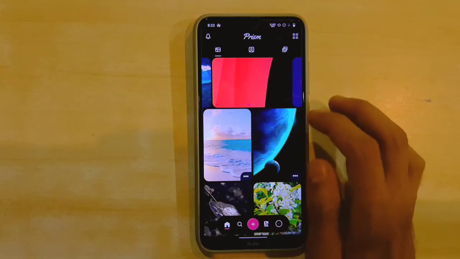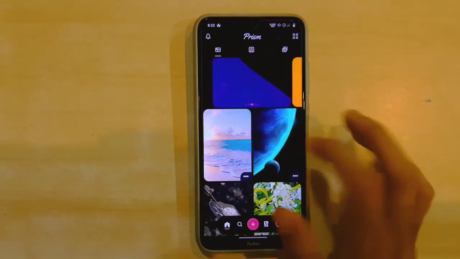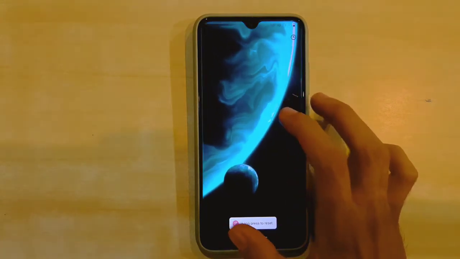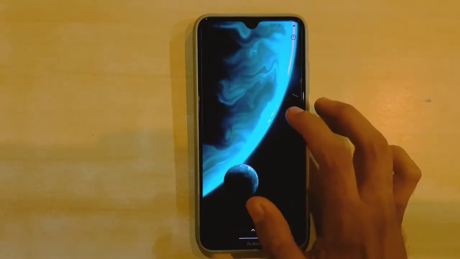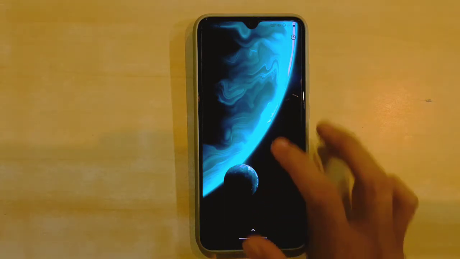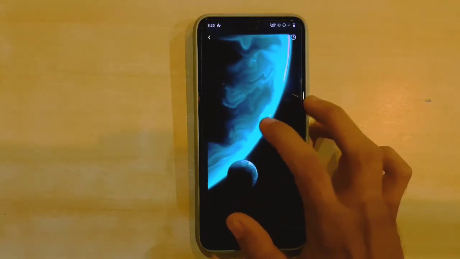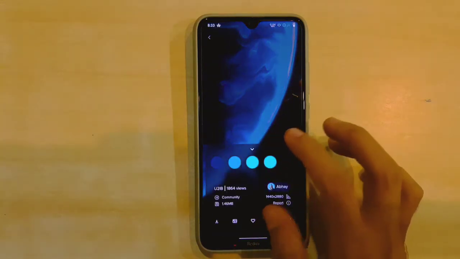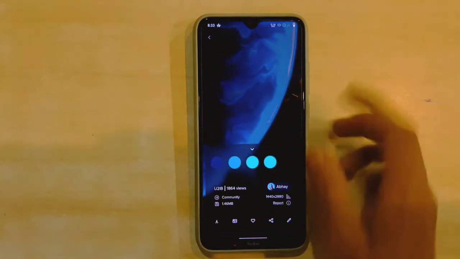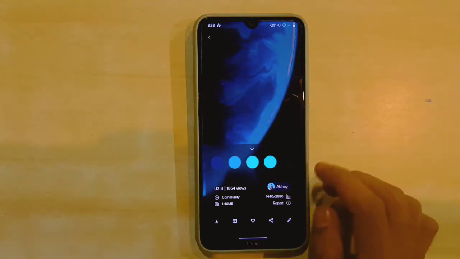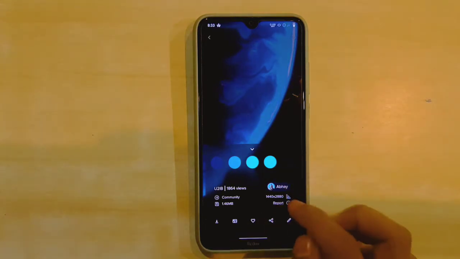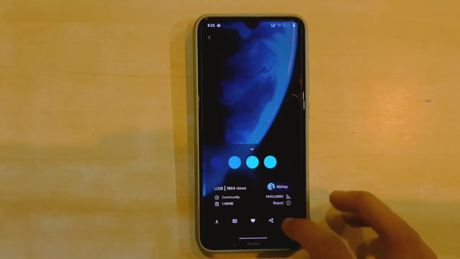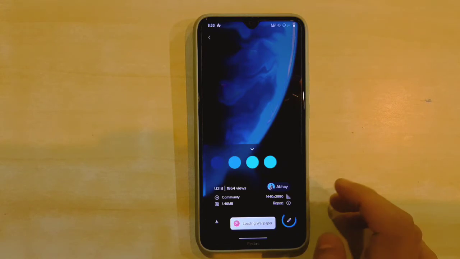There is a very interesting feature about this app: when you open a wallpaper and tap a single time on it, the wallpaper changes color, but the colors are changed in accordance with the wallpaper UI. Basically it's made to make wallpapers more cool. We also get to see what accents are used in the wallpaper, the wallpaper developer name, download option, setting wallpaper, adding into the favorite category, sharing, and we also get to see an edit option.